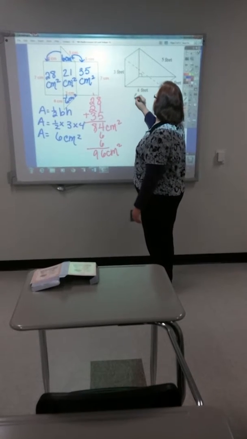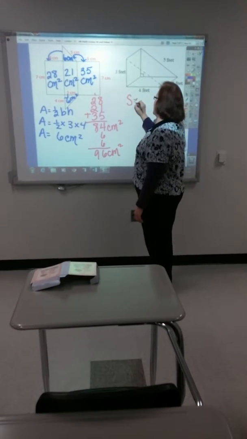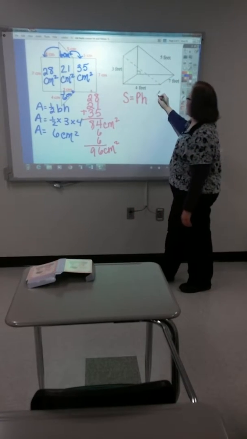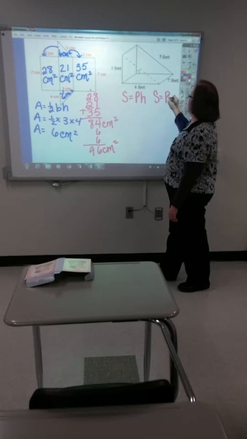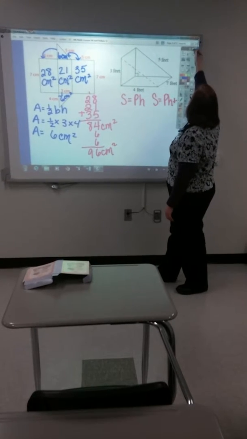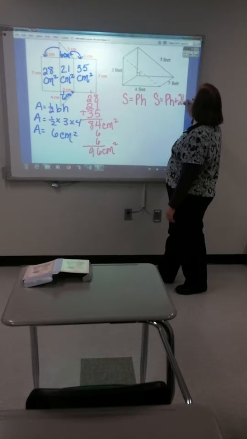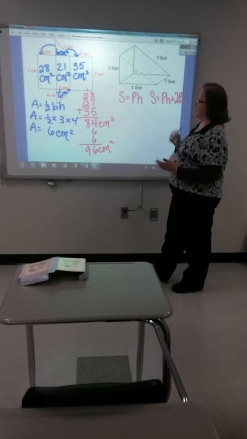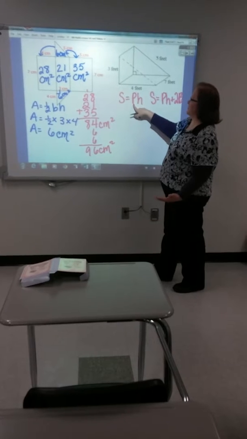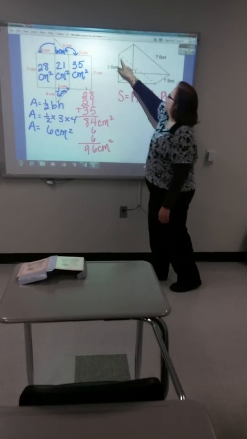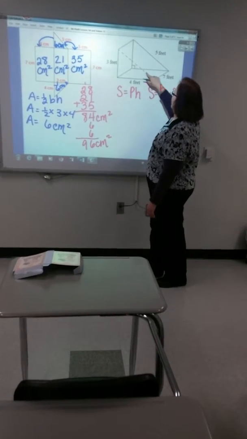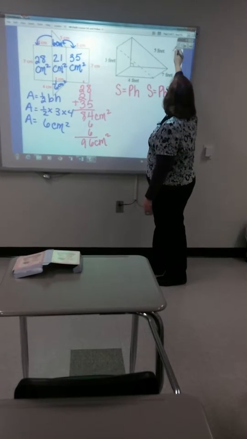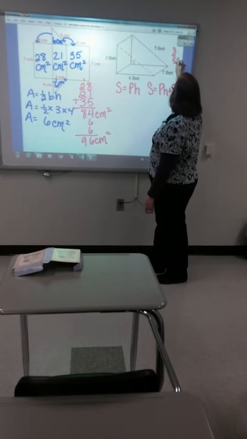You can also use the formulas that are on the math chart, but you must know the meaning of capital P and the meaning of capital B. You cannot do this using the formulas on the chart unless you understand the meanings of those two variables, and they are not explained for you. P does happen to be the perimeter of the base. 3, 4, and 5 are the sides of the triangle. That is a total of 12 feet